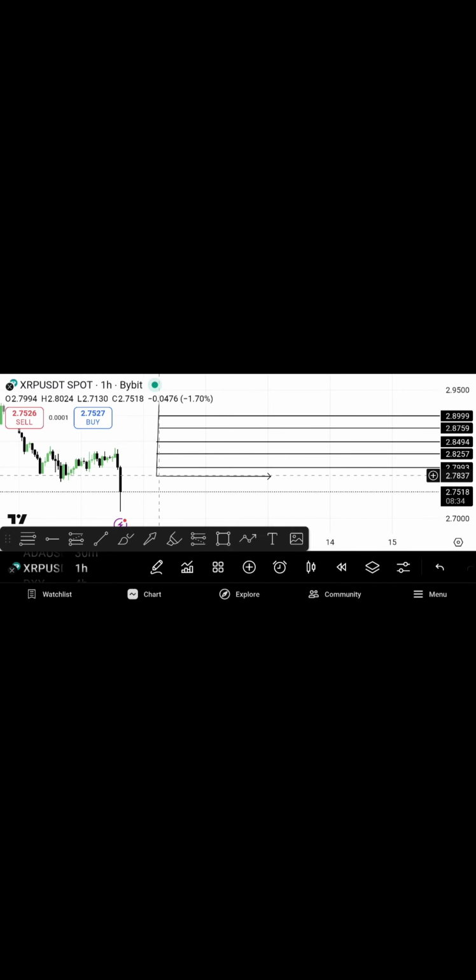So the price starts from here, 0. Our price starts from here, the 0 bar, right? Then this one is our horizontal, so it means our horizontal reaches